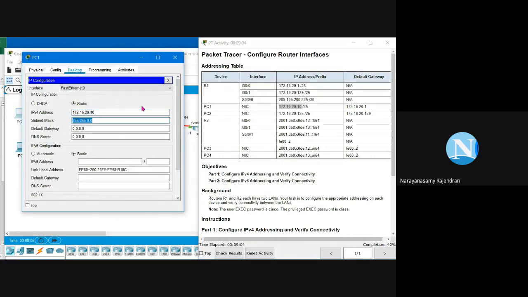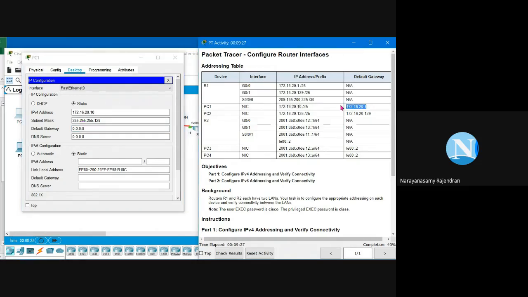Okay, now the subnet mask is 255.255.255.128. By default it is coming wrong, so you have to adjust it to 255.255.255.128. Now it is correct. You have to type the default gateway for PC1. The PC1 default gateway address is provided here.